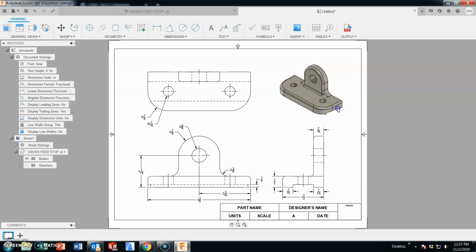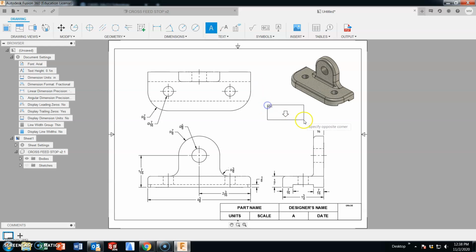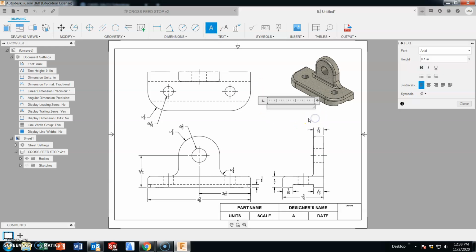Just like you're seeing on the problem sets, your casting rounds and fillets are given in a note to the side. All we are going to do is create a text box. This is on your dimensioning rules that we are using a 0.1 inch text height. I prefer it to be center justified. And we are just typing in all capital letters,